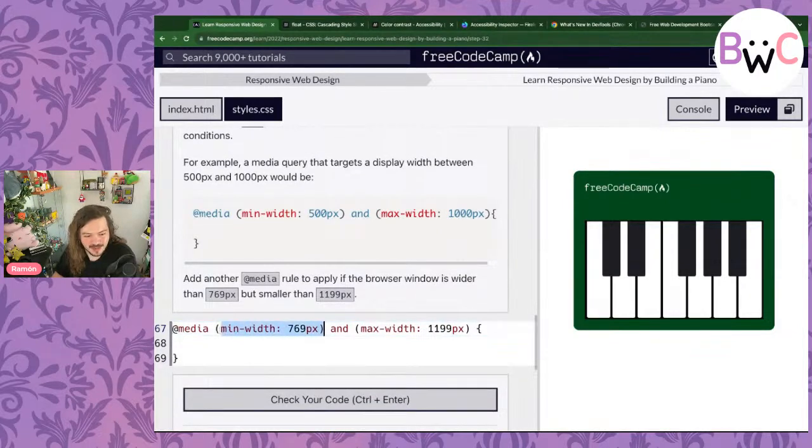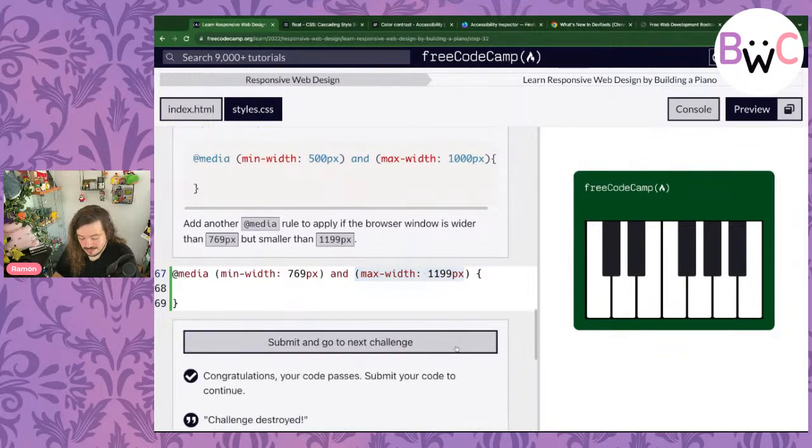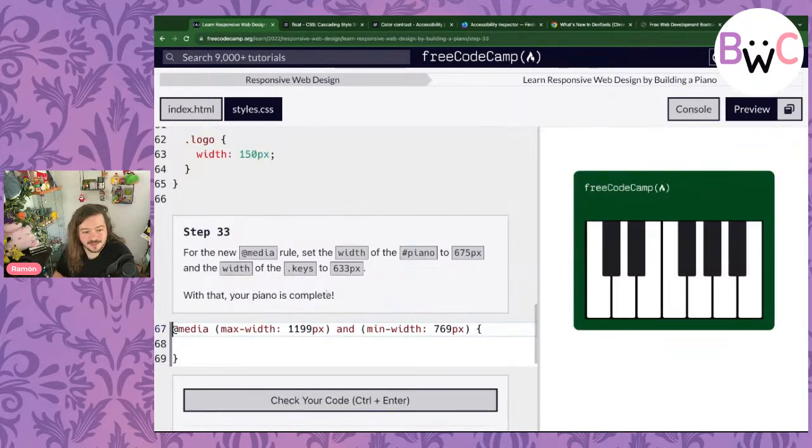Media of minimum 769 and maximum 1,199. So if it's smaller than 769, it's not going to apply. And if it's bigger than 1,199, it's not going to apply either. Check our code. Looks good. I'll keep moving. So for this new media rule, we're going to set the width of the piano to be,